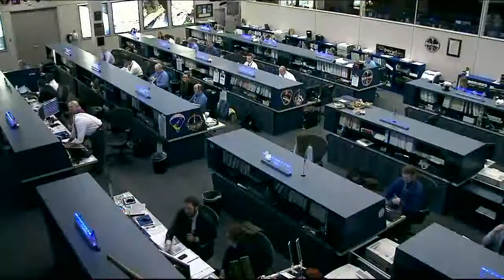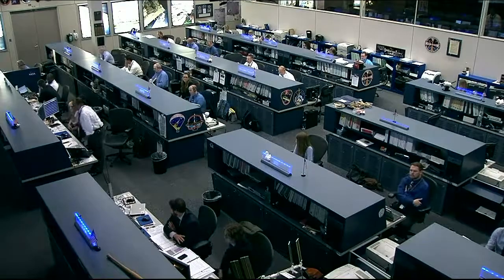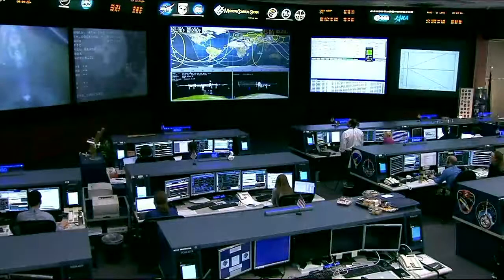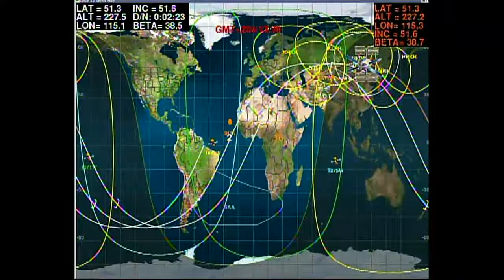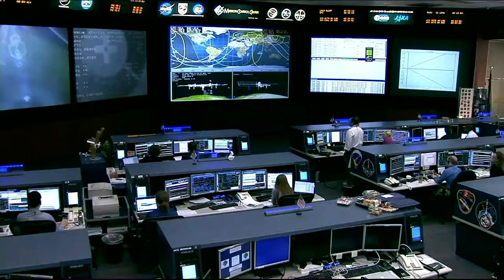This is Mission Control Houston. As you heard in that communication between Russian flight controllers and Alexander Skvortsov inside the Zvezda service module, the hooks are now closed, forming a hard mate and a tight interface between the Georges Lemaitre automated transfer vehicle and the International Space Station's Russian segment, completing its 2-week journey from the launch pad in Kourou, French Guiana, to a flawless docking that occurred at 8:30 a.m. Central Time over southern Kazakhstan as the two vehicles flew in tandem 260 miles above the Earth. So with the ATV now having arrived and will remain at the aft port of Zvezda for the next 5 months,